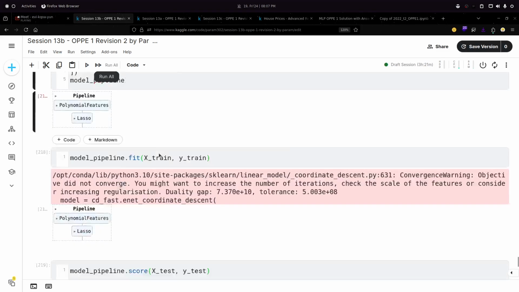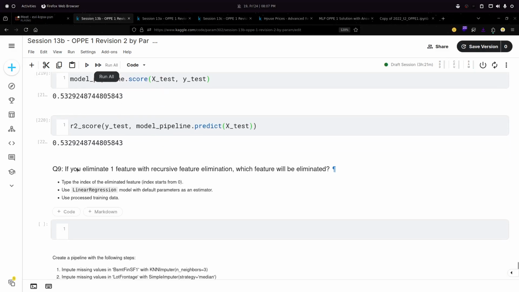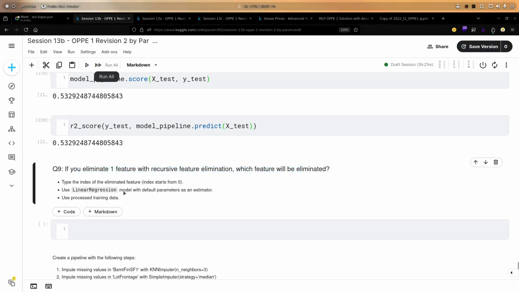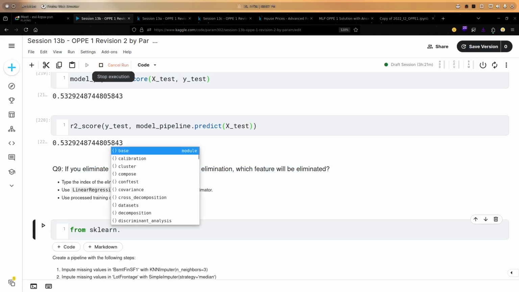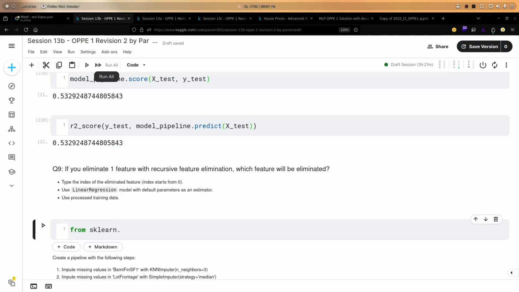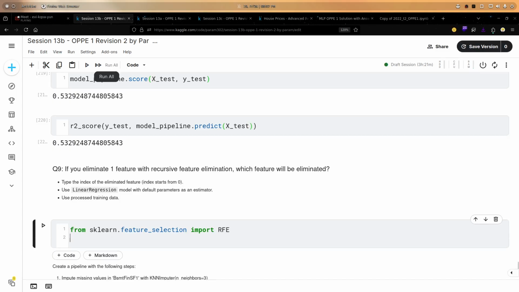then this is very easy. Follow the previous one. Then I will show you this one also. Let me show you this one. Eliminate the features using recursive feature elimination. So we have to use the recursive feature elimination, RFE. How can I import RFE? Using feature selection. I'll simply write RFE, and I have to use linear regression. Where is the linear regression?